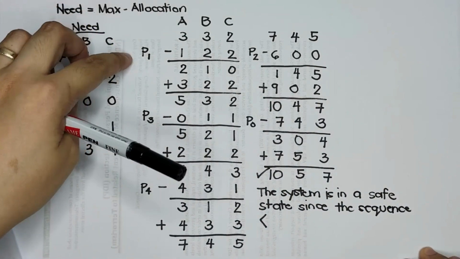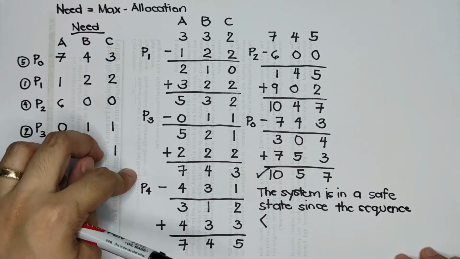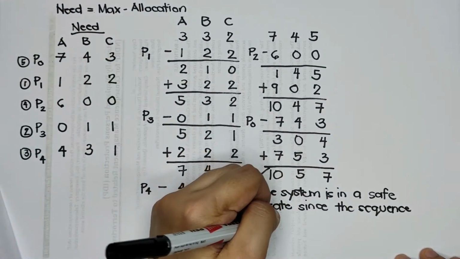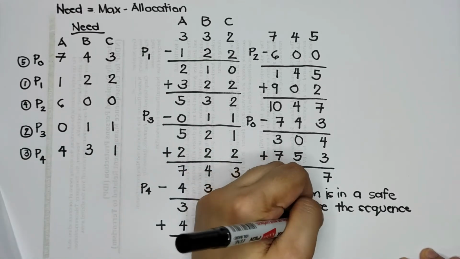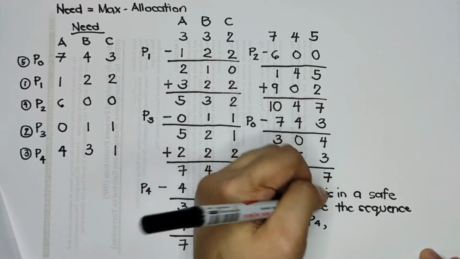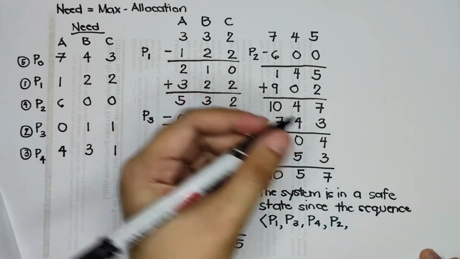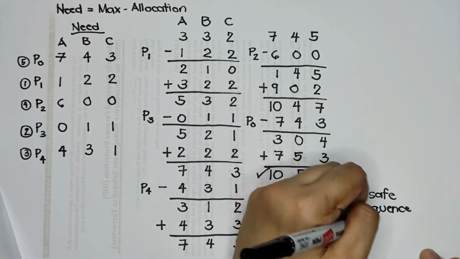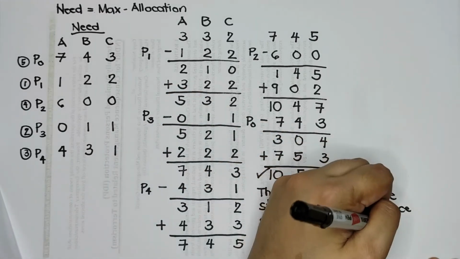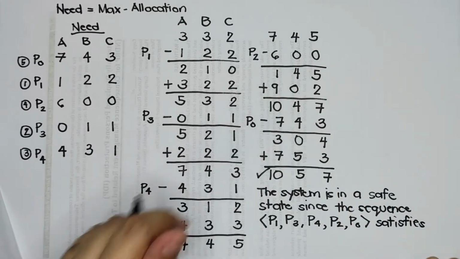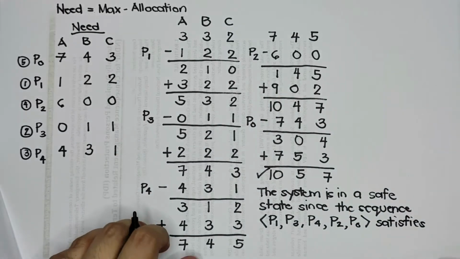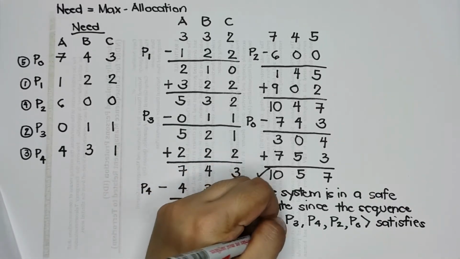That's why I told you to write the processes. So P sub 1, P sub 3, and then P sub 4, and then P sub 2, and then P sub 0 satisfies safety